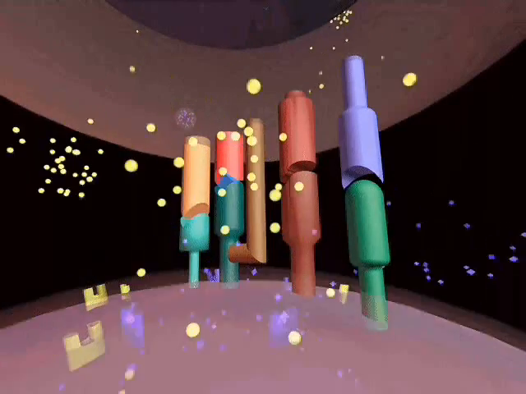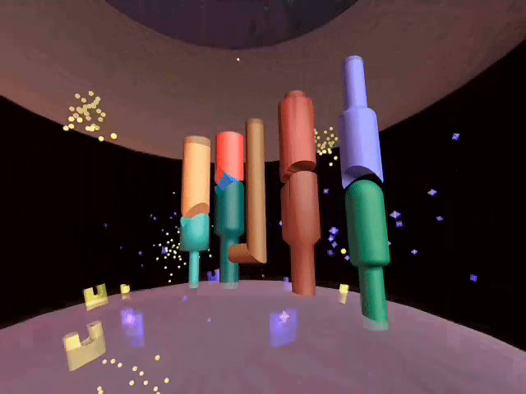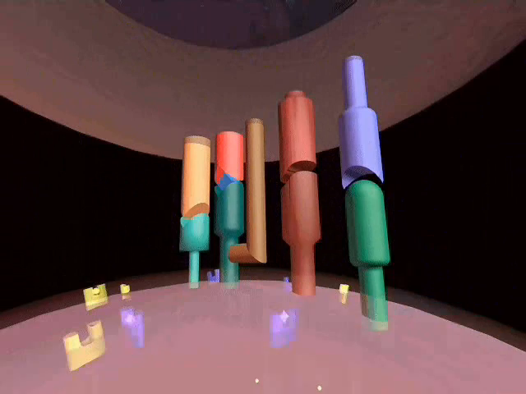The signals cause the B cell to divide and differentiate, creating a large population of antibody-producing cells specific to the antigen. These two examples involve